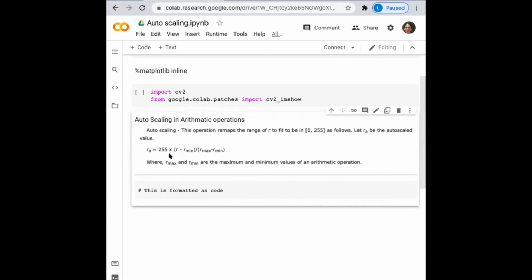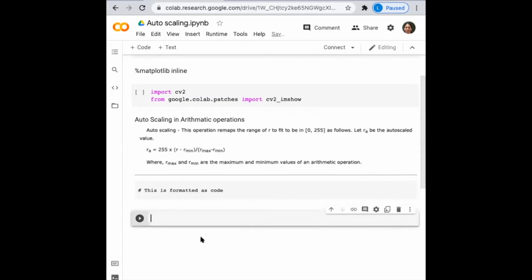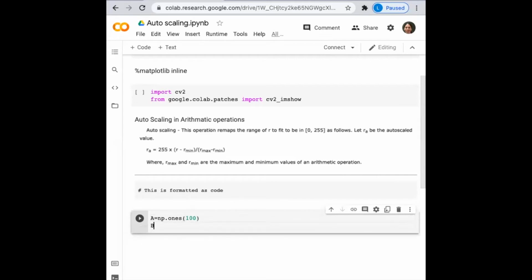Okay, so let me show you one use of it. Let me create a matrix array. I'll use np. So I'm going to create a 2D image gradient. For that, first I will make a 1D matrix of 100 elements, all ones. Then I'll create one matrix which is having values from 0 to 99.